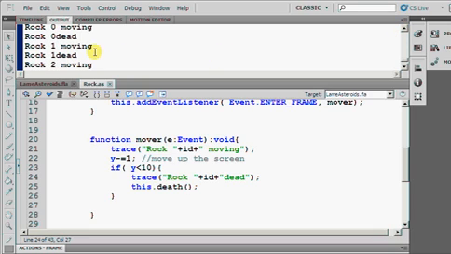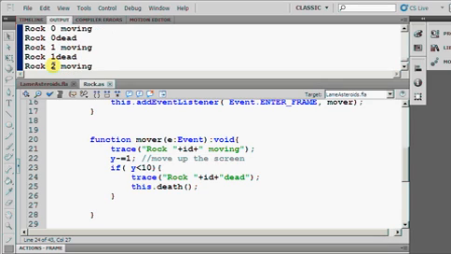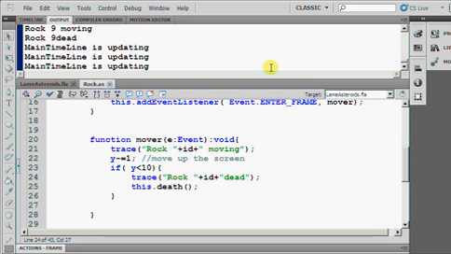because when rock 0 moved, he, at that exact same moment, while he was moving, realized he was going to die and was removed from the screen. So rock 0 moved and then removed. Rock 1 moved and removed. Now, that doesn't seem like a big deal, but it gets kind of jumbled and crazy. And imagine if you had 100 rocks on the screen and bullets on the screen and your ship on the screen all doing this. What's going to happen is